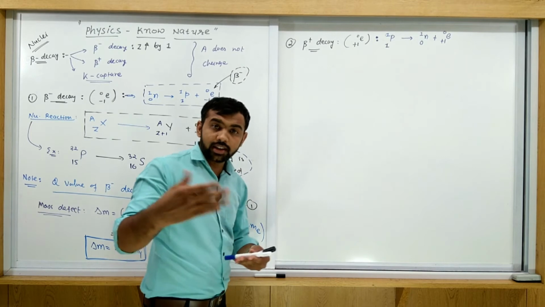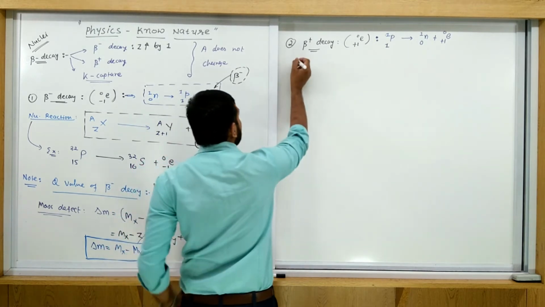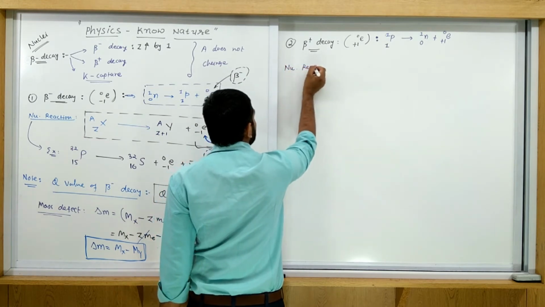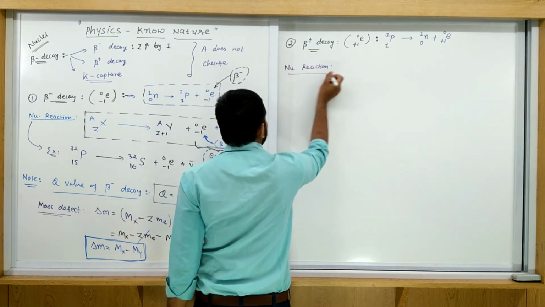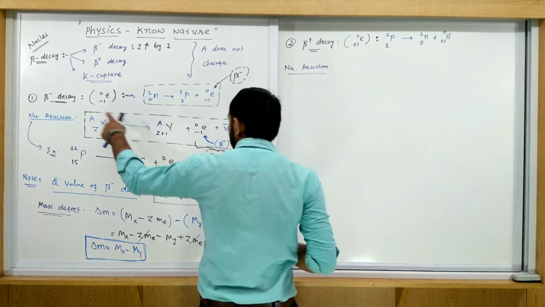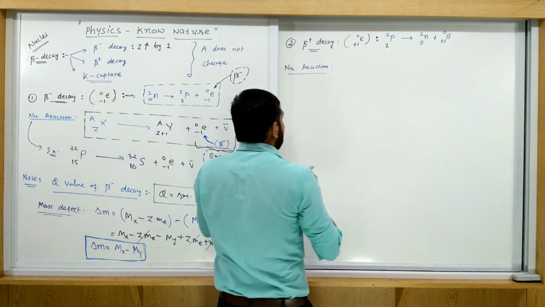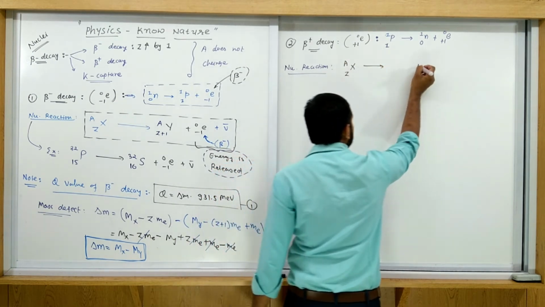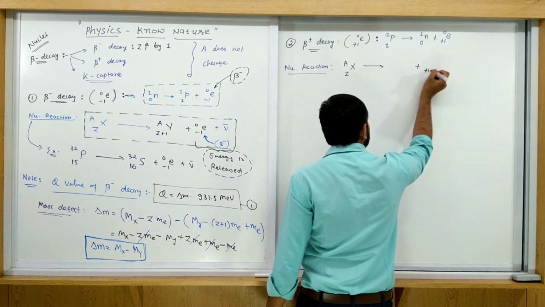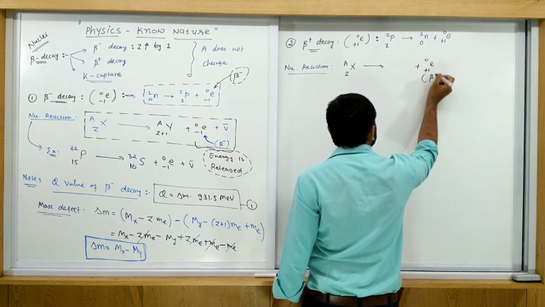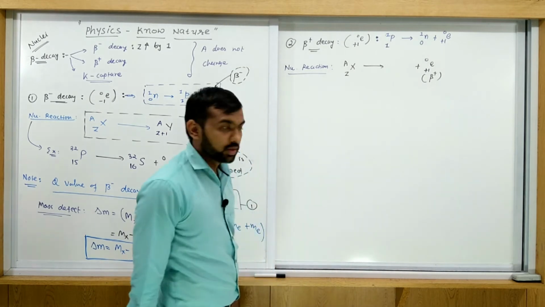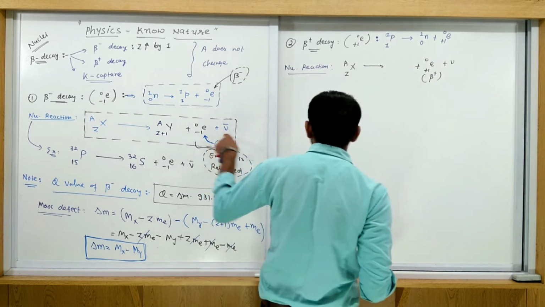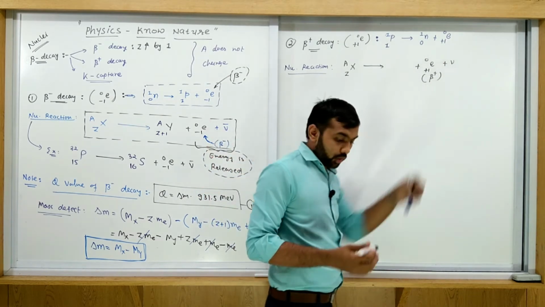So how to write the nuclear reaction for this beta plus decay? Exactly similar to this nuclear reaction. Suppose this element ZXA is produced by beta plus decay, means plus 1e0. What is this? Beta plus. Okay, and with this, a neutrino is produced here.